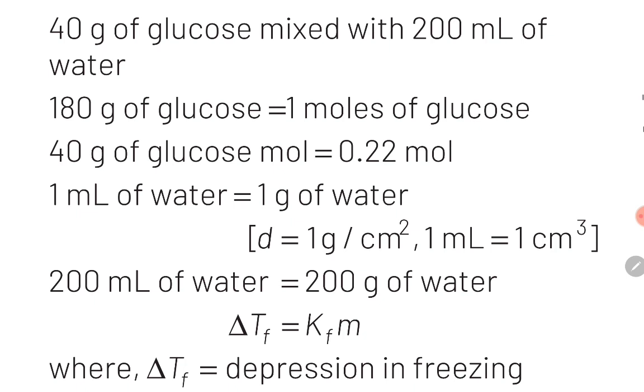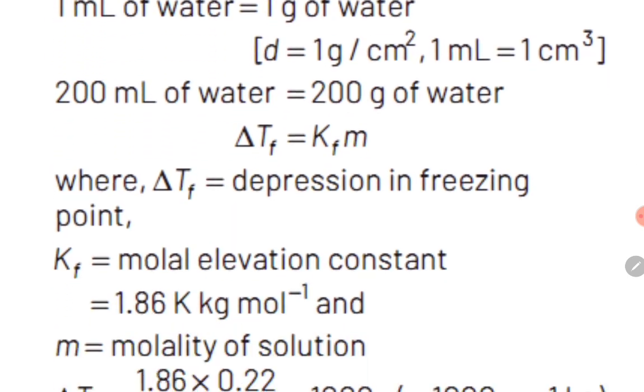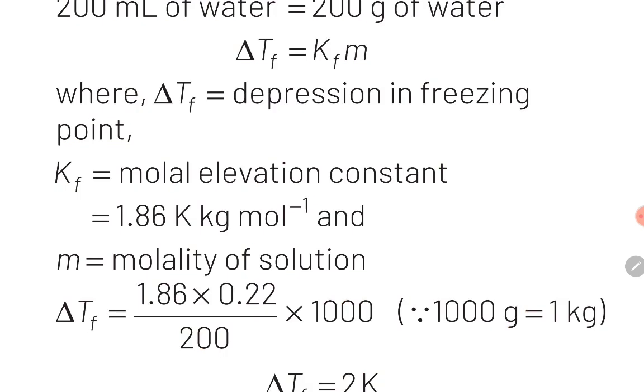Guys, once we have found number of moles of solute and mass of solvent, now we are going to use the formula delta Tf is equal to Kf into molality. Guys, molality होता है number of moles of solute divided by mass of solvent in kilograms. लेकिन गाइस हमने मास ऑफ सॉल्वेंट ग्राम्स में फाइंड आउट किया है. अगर आप मास ऑफ सॉल्वेंट को ग्राम्स में यूज करते हो तो आपको फॉर्मूला में न्यूमरेटर में मल्टीप्लाई बाय 1000 करना होगा. सो गाइस, आप नीचे कैलकुलेशन देख सकते हो.